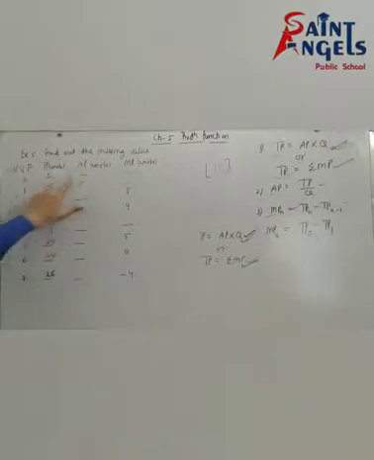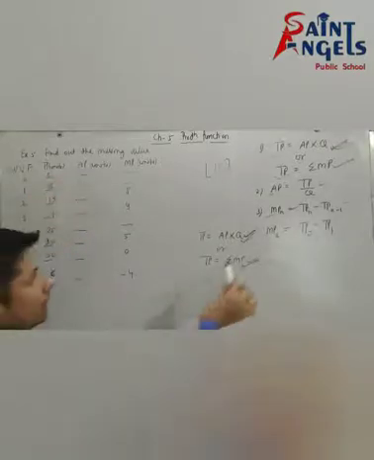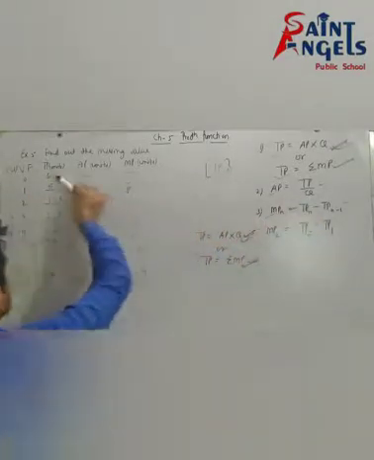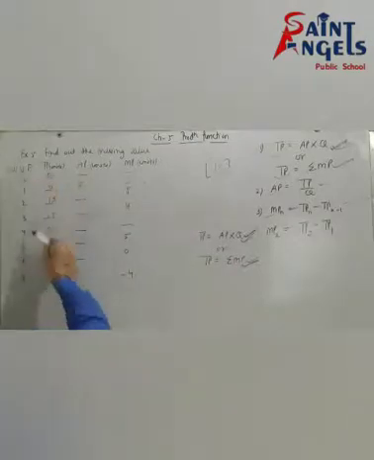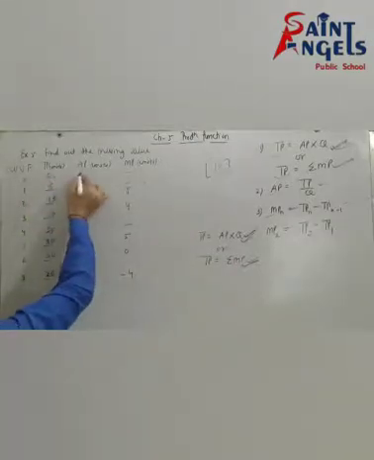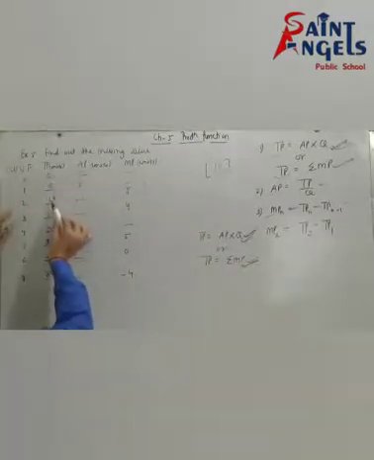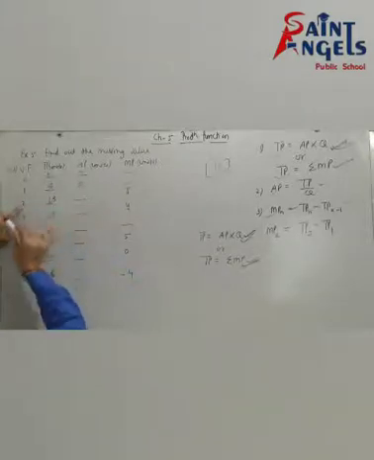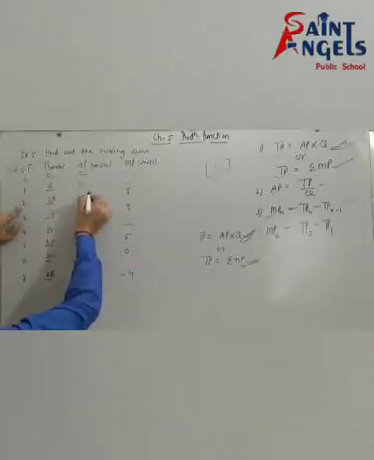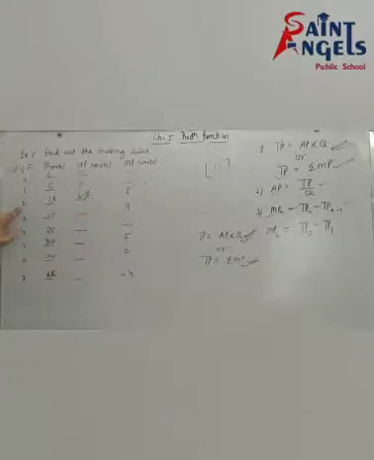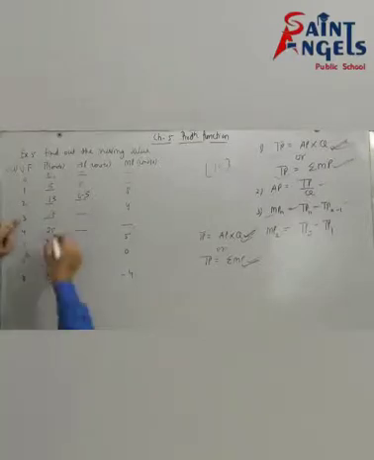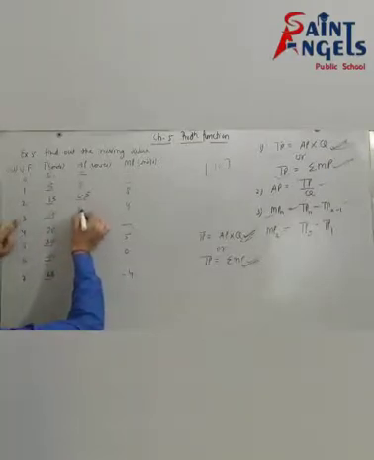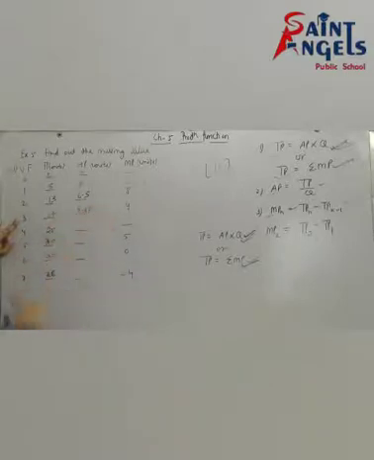See, after this, what is the formula of AP? TP divided by Q. TP is here and Q is here. So first will be dash. Then after 13 divided by 2, 6.5. Then after 17 divided by 3. 17 divided by 3 means 5.66.